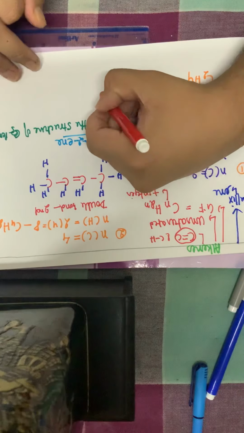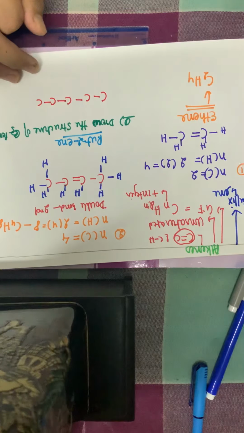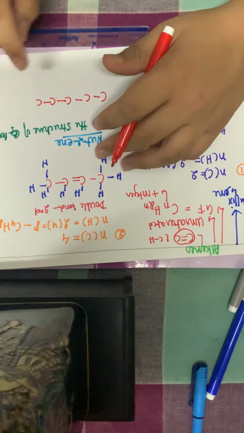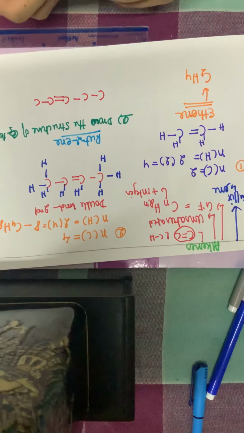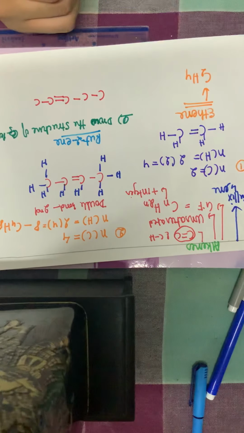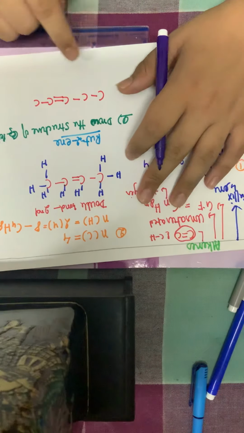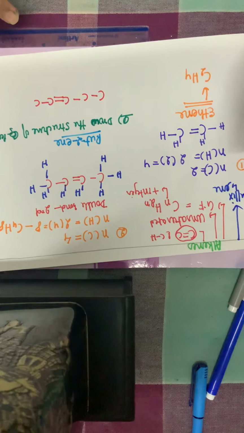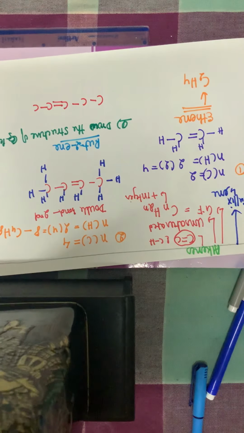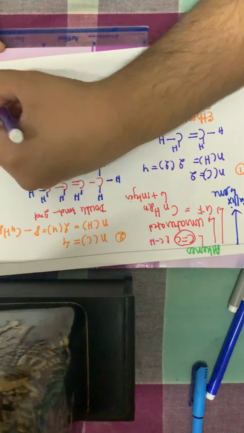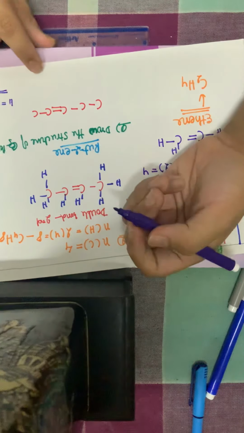So first let me just draw all carbons with single bonds. That's the first step: just draw the carbon chain with single bonds and then see. Now 3-ene means at carbon number 3 the double bond is there. Now for hydrogens, the first easy step is to just satisfy each carbon with 4 bonds and your hydrogens will be done. Otherwise, you have 5 carbons, it's an alkene, so using the general formula, H will be 5 into 2, which is 10. But the better way is just satisfy the hydrogens.